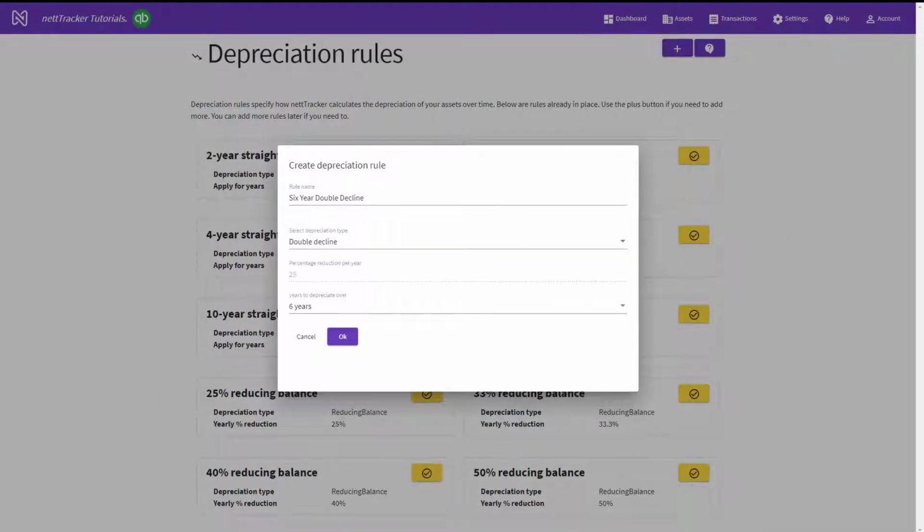So let's take a quick look at those updates. Starting with double decline, you'll be able to create your own double decline method quite easily, just as you could with all of the other depreciation options. Just give it a name, choose the option double decline, and how many years you'd like to run the depreciation